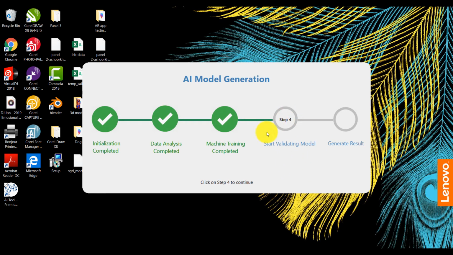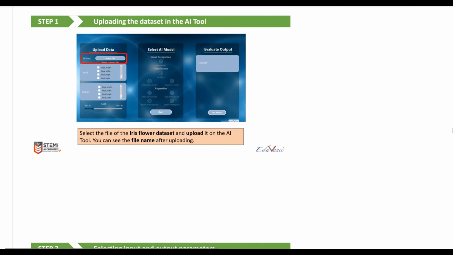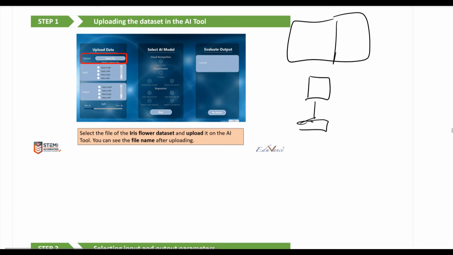Now step number 4, once the training is completed, we have to take the testing part of the data, that is 20%, and run it through the machine so that the machine can test itself. The important step here is, let's say this is your machine and you have your data set split into 80% training and 20% testing. So first, you go ahead and train your machine using the decision tree algorithm. So I'm just going to say DTA, the decision tree algorithm.